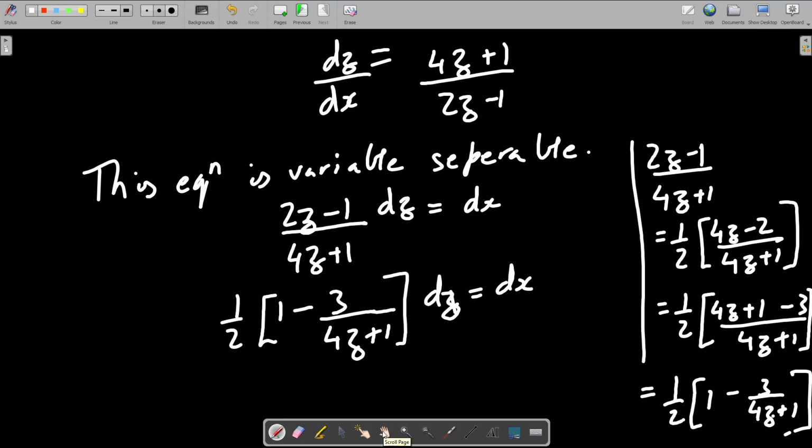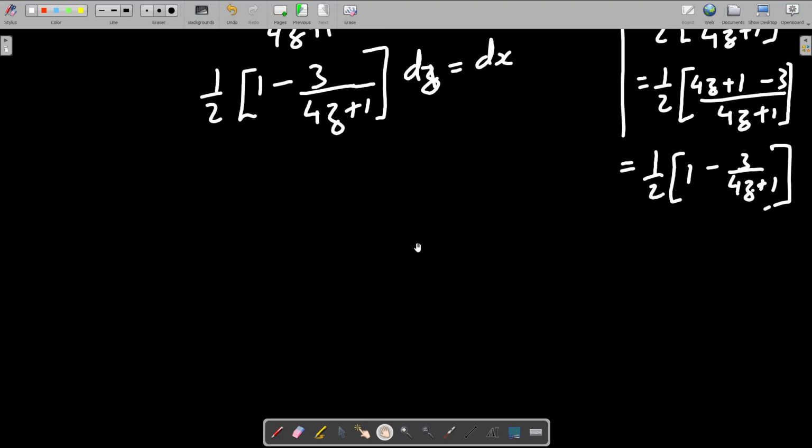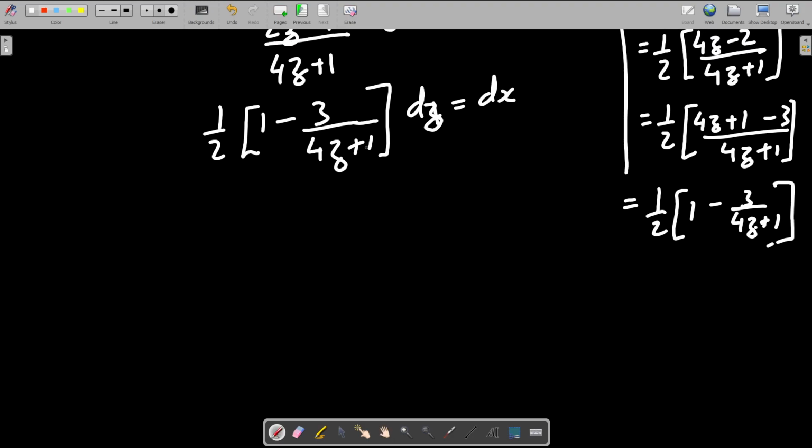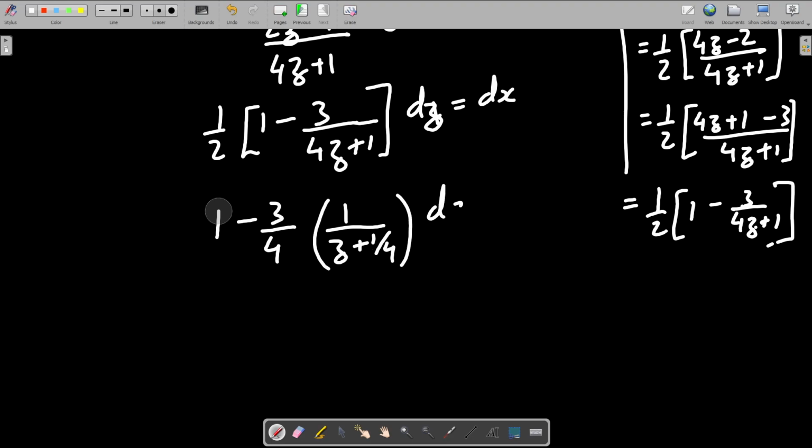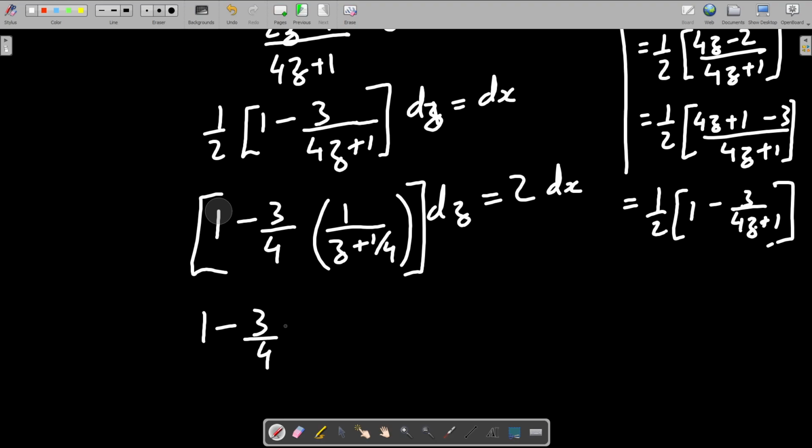Before integrating now, just to avoid the trouble of having that constant coefficient, I'll take that 4 also common out. One more step I should have done there. I'll take this 2 on top, so this will become 1 minus, I'll take 3 and 4 common now. So this will become z plus 1 by 4 dz. So this will leave me with 1 minus 3 by 4 on integration of ln of